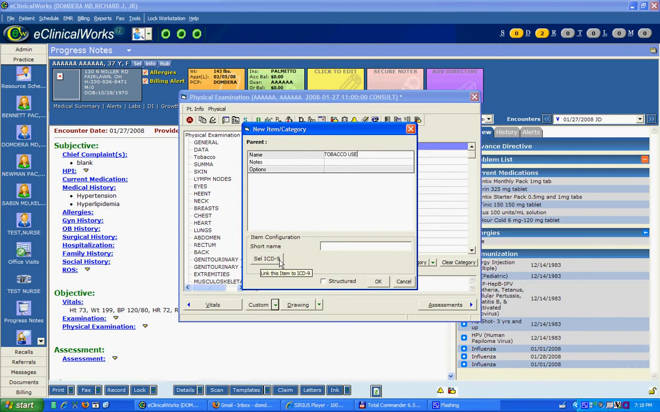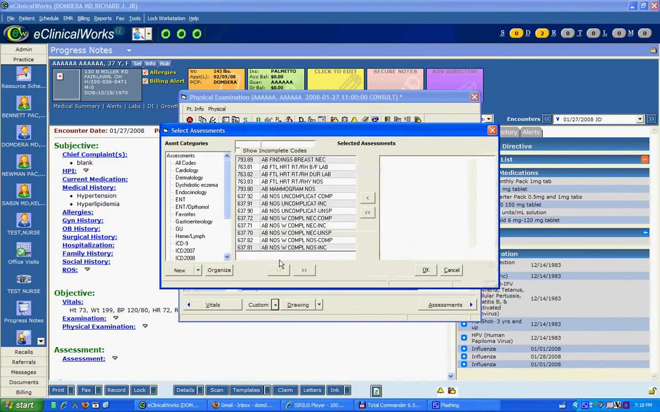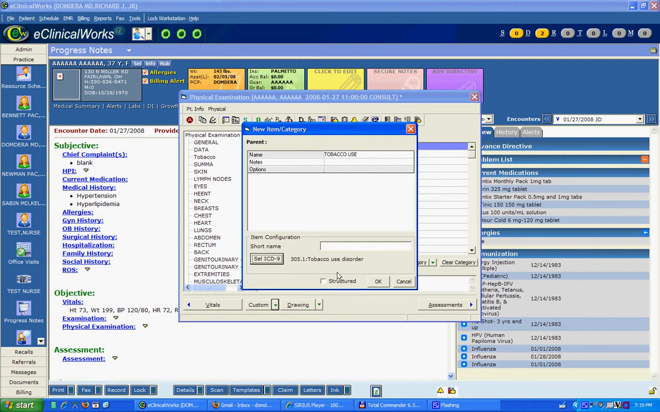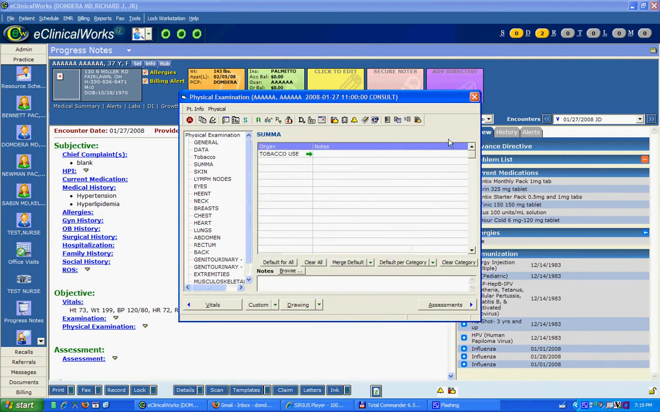I would like to associate this with an ICD-9 code. The ICD-9 code for tobacco use is 305.1. So I've now associated this with this ICD-9 code. I'm going to now close this window